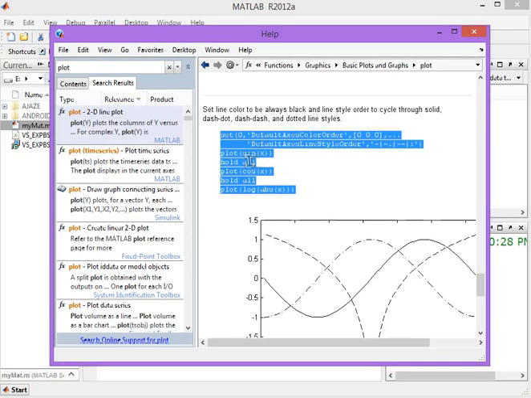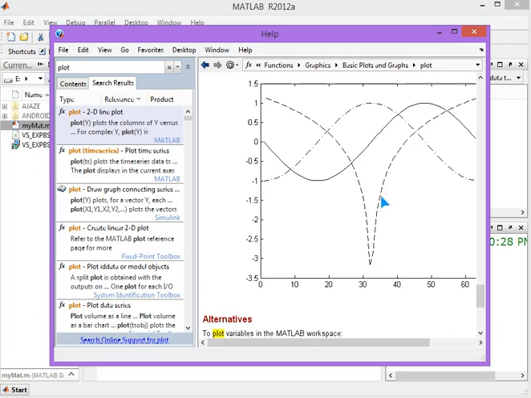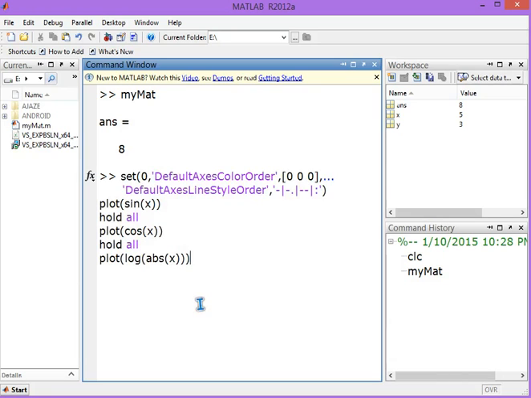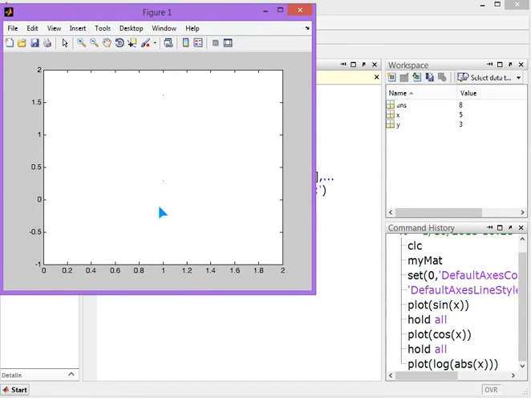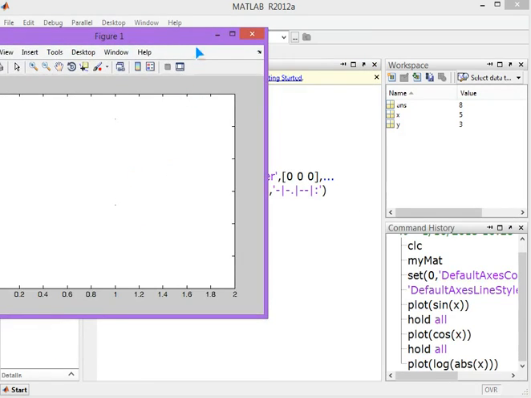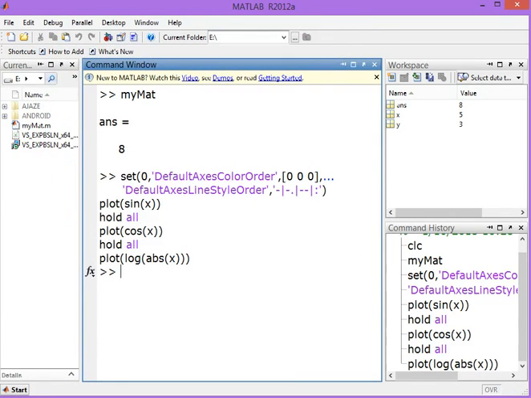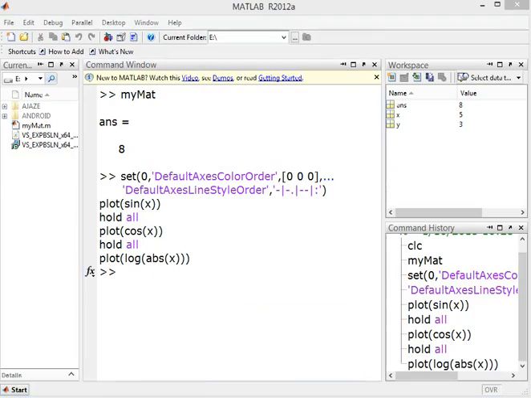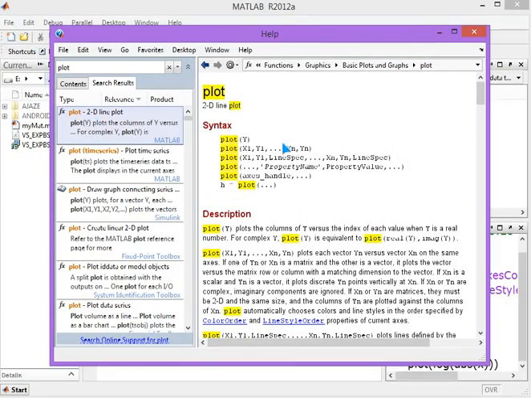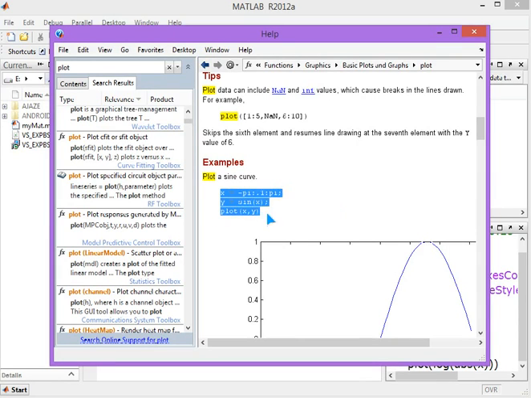Since the numbers were not given, I'll try a simple one. I'll go to the starting one and try to print this one, and possibly now we'll have a sine graph. This is a sine graph. You might be aware from the last tutorial, where I told you about the basic aspects of this, but we'll see it later on. This is how our help can be utilized.